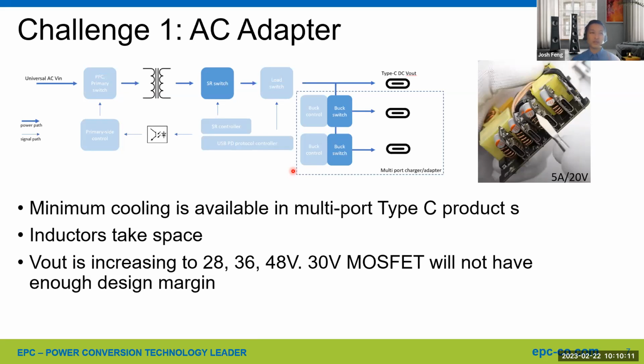The cooling method is quite minimal. Best case, you cool from the PCB. There's no air convection. PCB space is also quite limited too. And if you look very carefully at those output ports, the inductor in each individual port does take about half the height. If there's a way to really minimize it, you can potentially put more ports in adapters, a charger or adapters. And the last but not the least in this type of challenges,